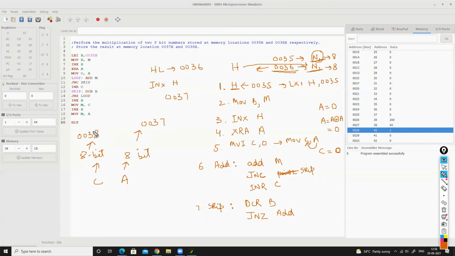At 0037 we will store C. Then again we will do increment H, so H will contain 0038. Then we will store A. So what are the instructions after this? Let me write those instructions here.